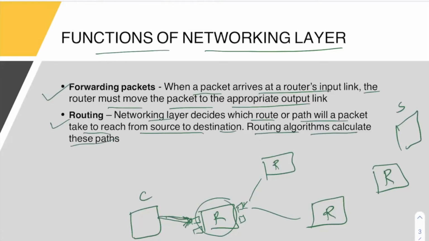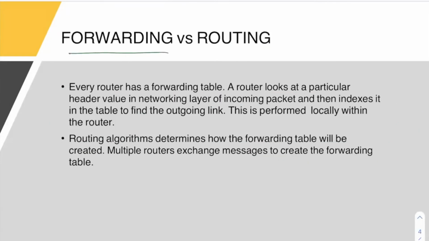Like let's say this is the path, this is the overall path. Then routing algorithms are there which actually calculate it. For example, if this router has received a packet from this client, then there are two routers here, right? This router, this router. Now to which router will it forward this packet? That depends on some routing algorithm, which decides whether it should forward this packet to this router or to this router. So again, I have mentioned the difference between forwarding and routing here, the same thing that I explained before.